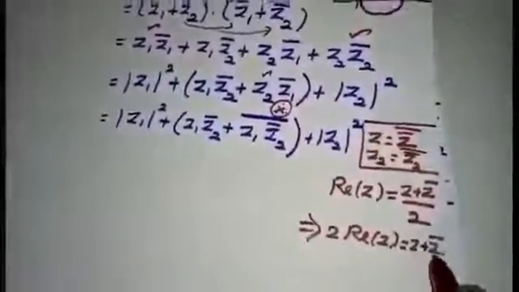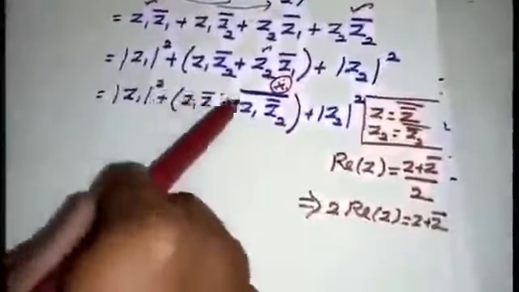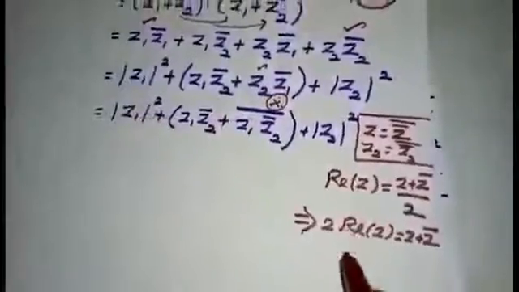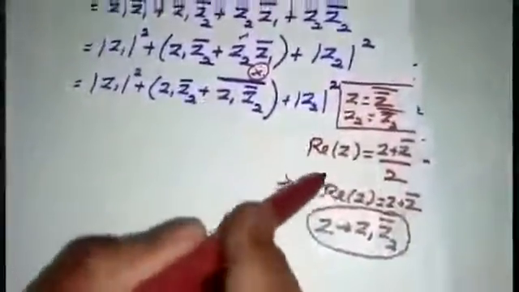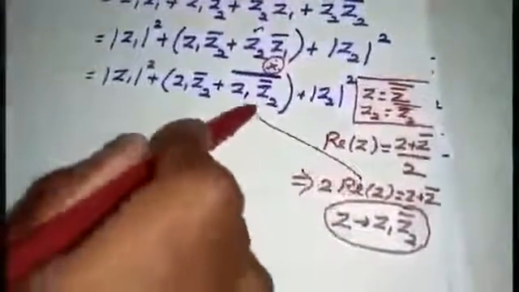So in place of Z plus Z bar I have this value. Just imagine, in place of Z I have Z1 Z2 bar in my theorem. So just see, students, how I am going to write. I am going to replace this concept in this place, that is